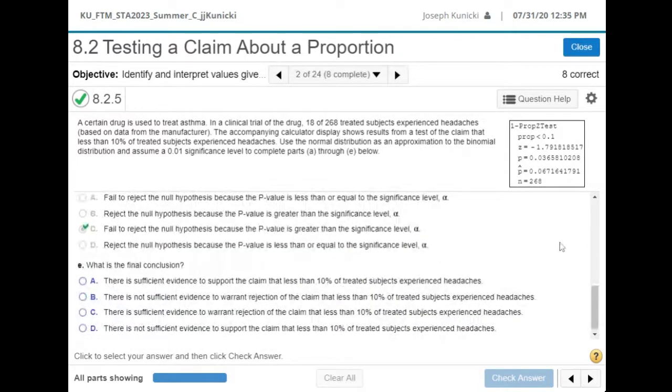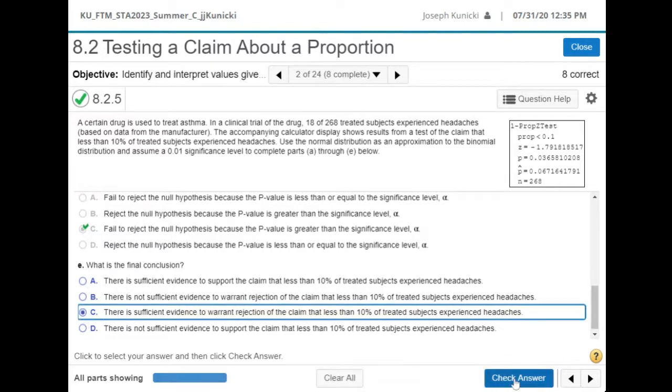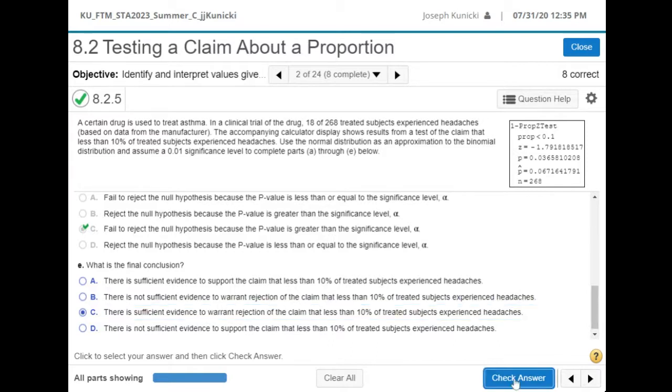And then the last one is the final conclusion. Well, remember now, the claim is less than 10%, so the claim is in the alternative. And since we're not rejecting the null, then we're not supporting the claim. We don't have sufficient evidence to support the claim. So it can't be A. It has to be C. There is sufficient evidence to warrant rejection of the claim. We're rejecting the claim by not rejecting the null hypothesis. Because if we reject the null, then we accept the alternative, which is where the claim is. And since we're not accepting the alternative,